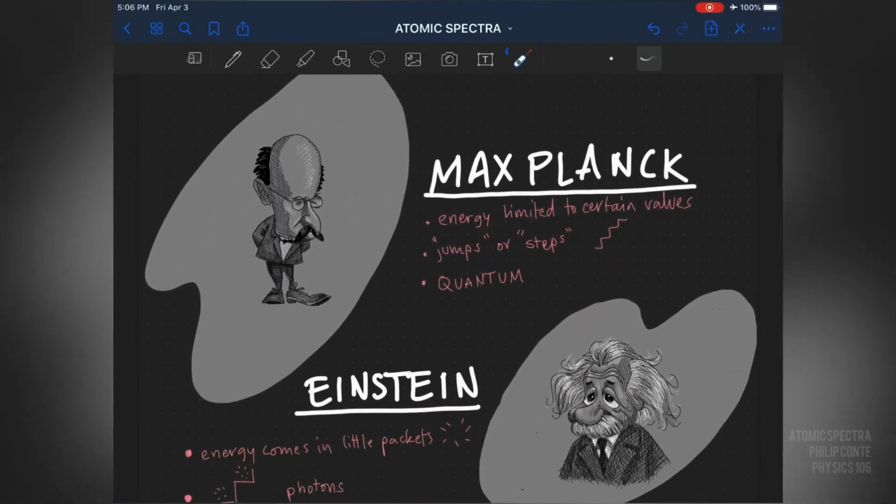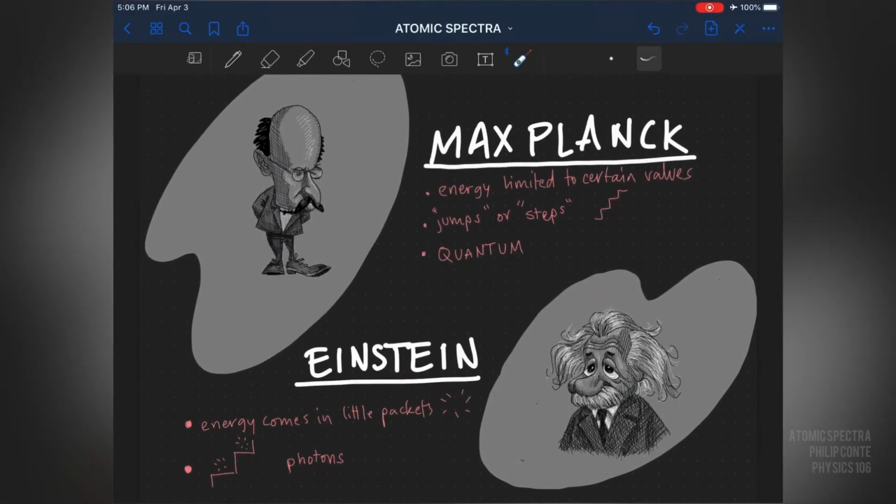The founding fathers of atomic spectra, so to speak, are Max Planck and Albert Einstein. Planck said that energy was limited to certain values and increases in little jumps. These little jumps are called quanta, and the word quantum is singular. Einstein further explained that energy comes in packets, which he calls photons, and this helped explain what Planck said about energy. We can see that instead of rising steadily, it had steps, because the packets of energy would either be received or lost, and energy would go up or down in increments rather than